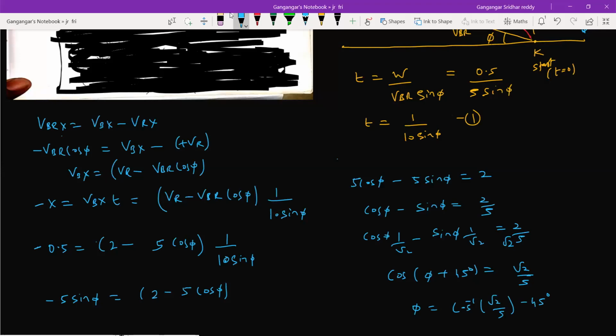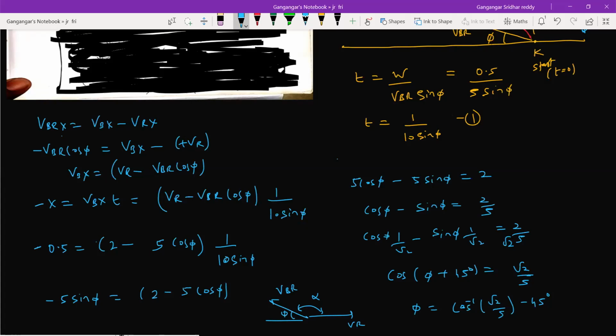With respect to the river bank, what should it be? 180 minus phi? Because always we should say it with respect to the river current. This is VBR, this is VR, no? What we measured is this value, so this is what we should always mention. With respect to river current, it should be alpha, not phi. I think in books they have made that a convention. So here I just asked you what is the angle in which it should swim with respect to river current, which means it's alpha, not phi.